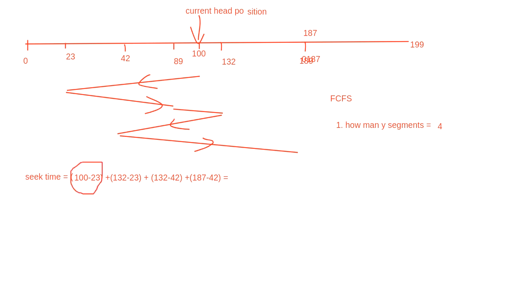Then next from here again it is going to 132. Of course 89 also, but 89 to 132 is in the same direction. That's why I'm taking segments. If you don't take segments, then for every request you have to calculate, and this will become a very big addition. So to reduce that, I'm taking segment wise. From 23 to 132, it is 132 minus 23. Then from 132 you are moving to 42, that's why 132 minus 42. Then from 42 you are moving to 187, that's why 187 minus 42.